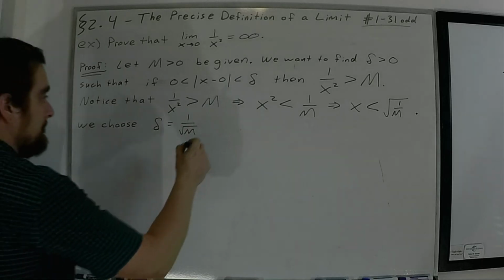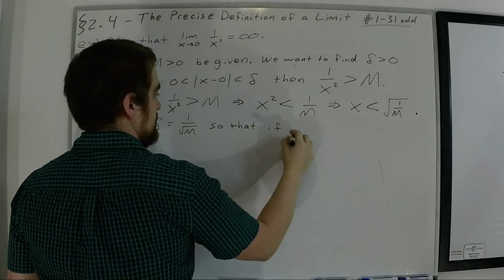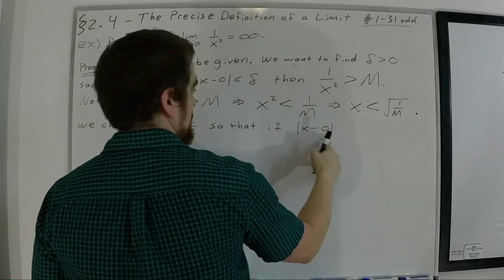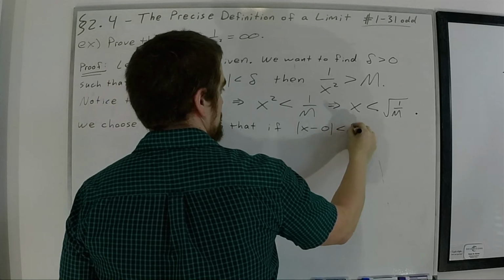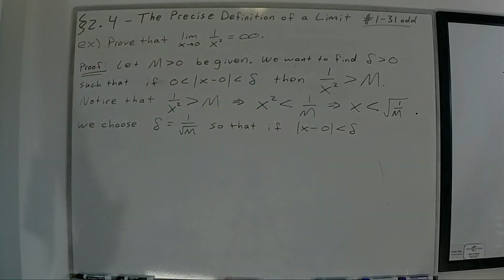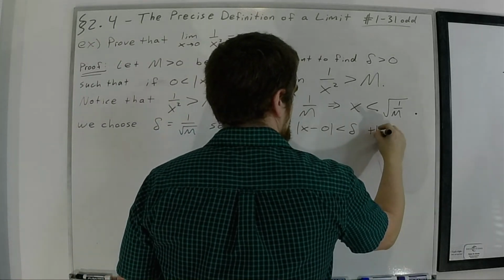So that if the absolute value of x minus 0, again writing x minus 0 instead of just absolute value of x to expose that a that we're talking about, is less than delta,